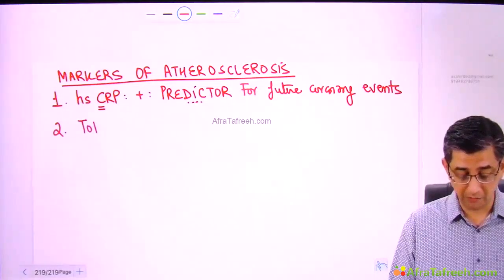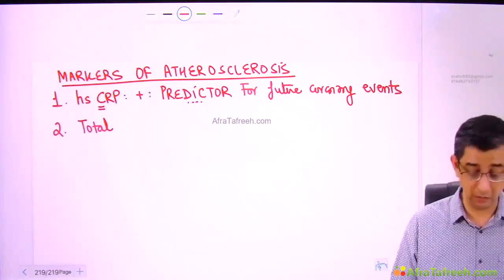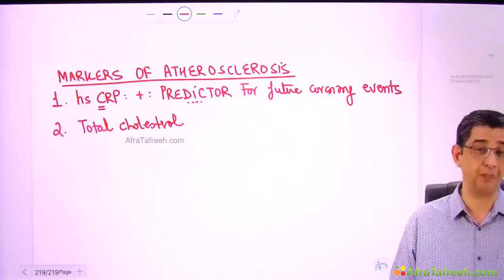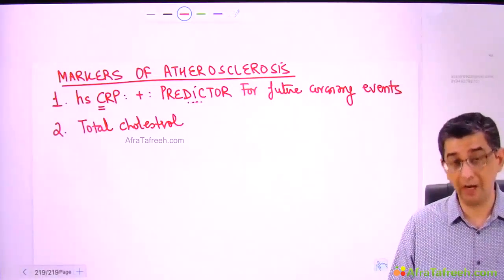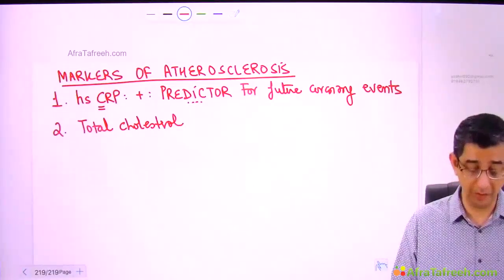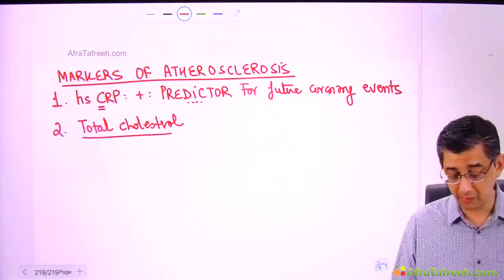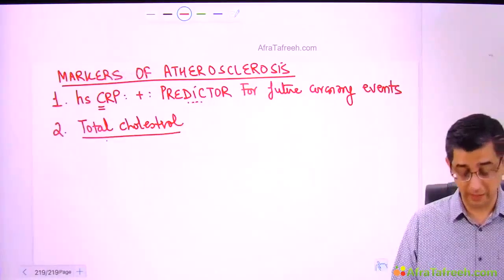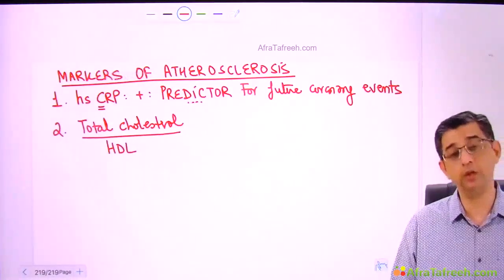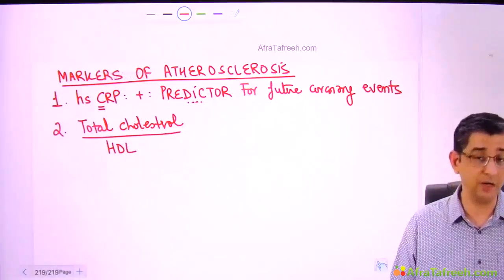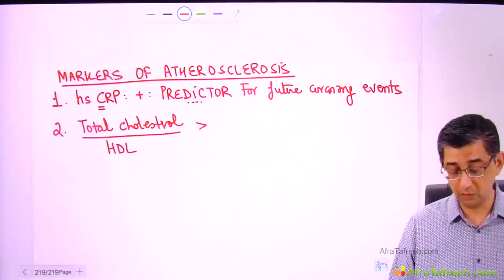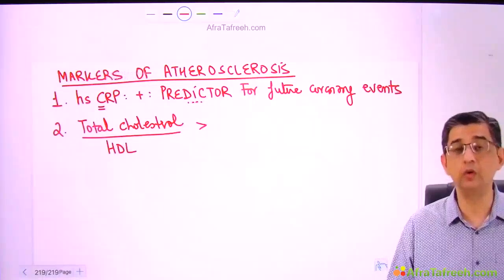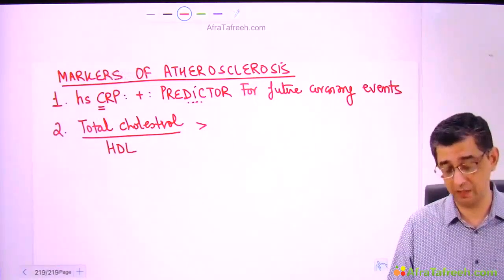After that will be the traditional information that even non-medicos would be familiar with, that is elevated total cholesterol, because the advertisements of cooking oils are doing a very good job of educating especially the Indian population about the incidence of heart disease. Then there is the total cholesterol divided by HDL ratio. You very well know HDL is the good cholesterol and LDL is the bad cholesterol. If this ratio is more than 3.5, in fact it's a range, 3.5 to 5.5, the more you go higher, the incidence of heart disease will increase.